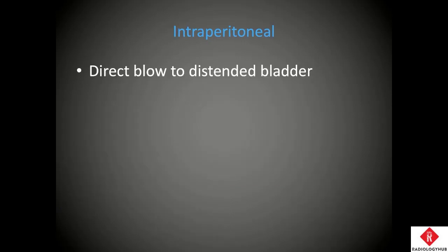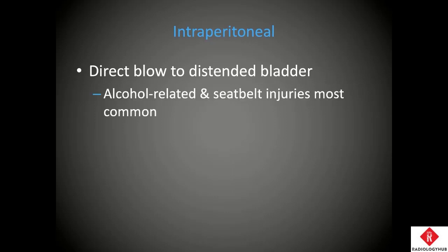Intraperitoneal bladder ruptures are due to a direct blow to a distended bladder. So these tend to be alcohol-related and seatbelt injuries most often. With alcohol, the patients diurese and the urinary bladders become markedly distended. And then when there's an accident or a motor vehicle accident, the seatbelt injury will compress on the urinary